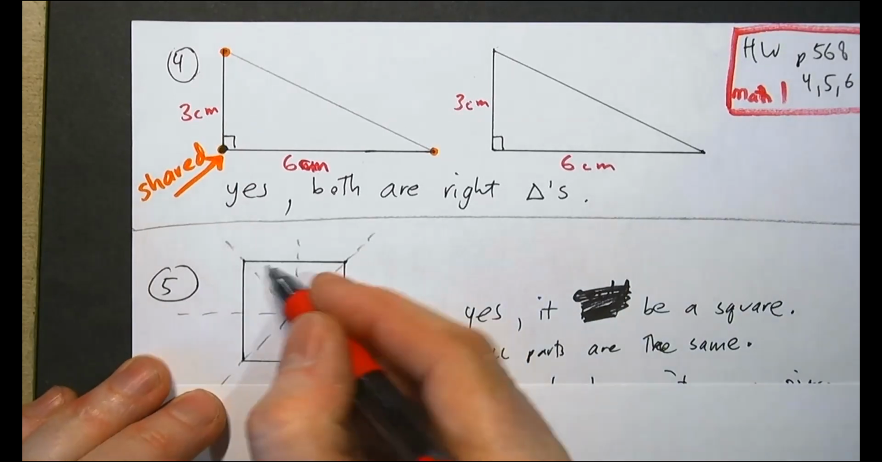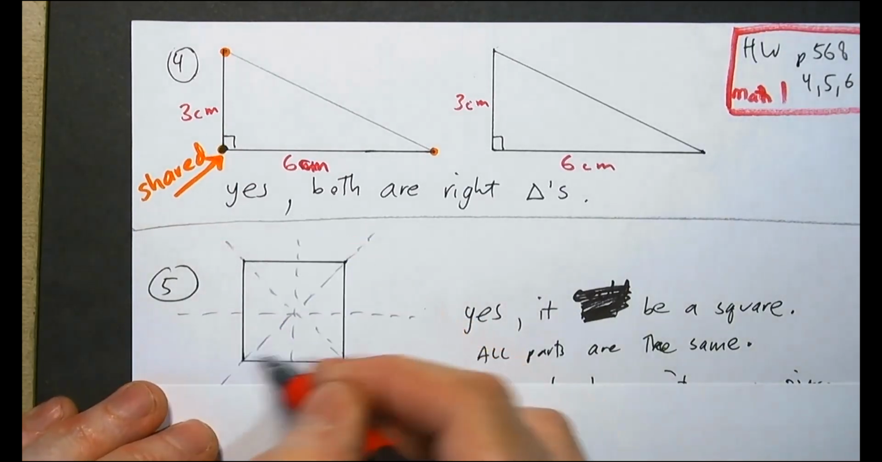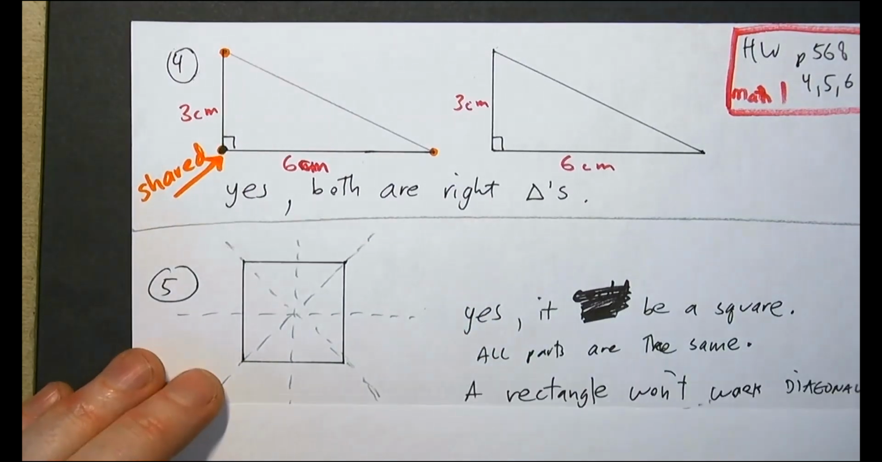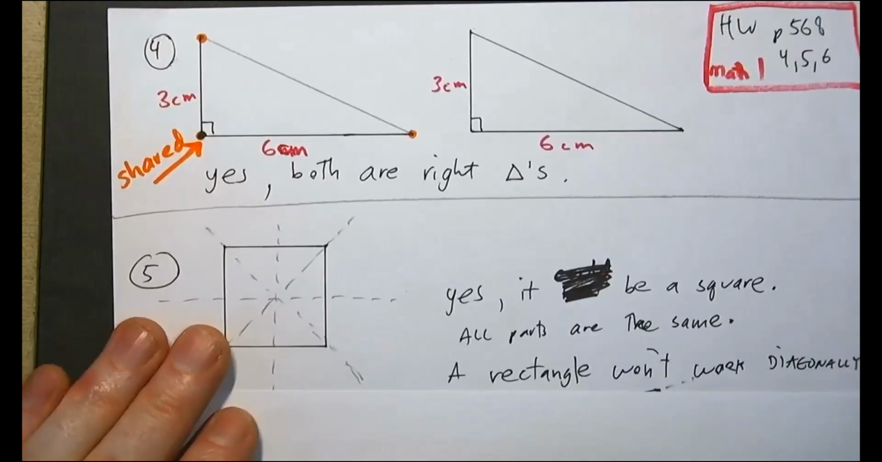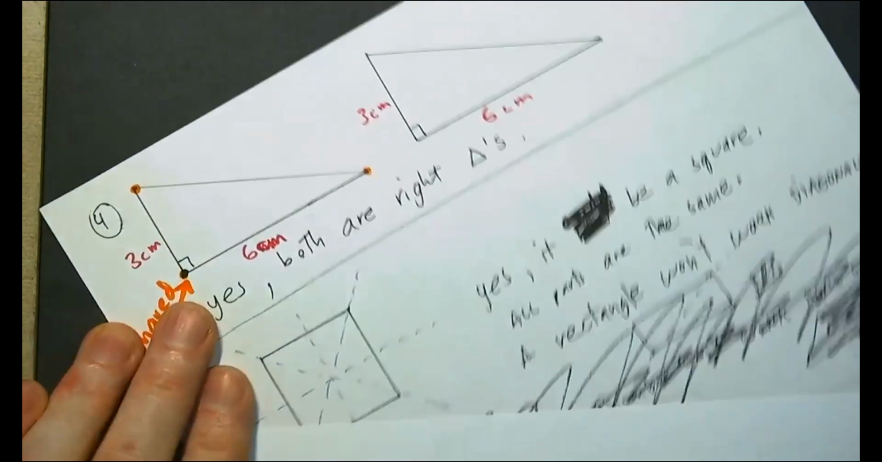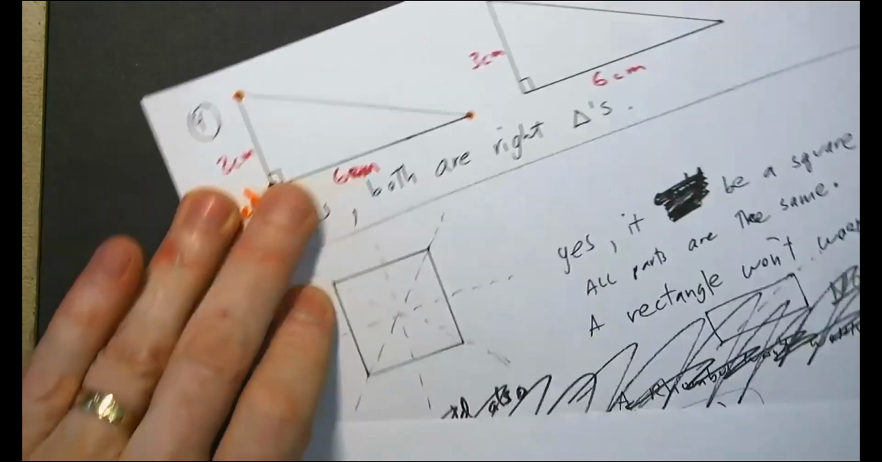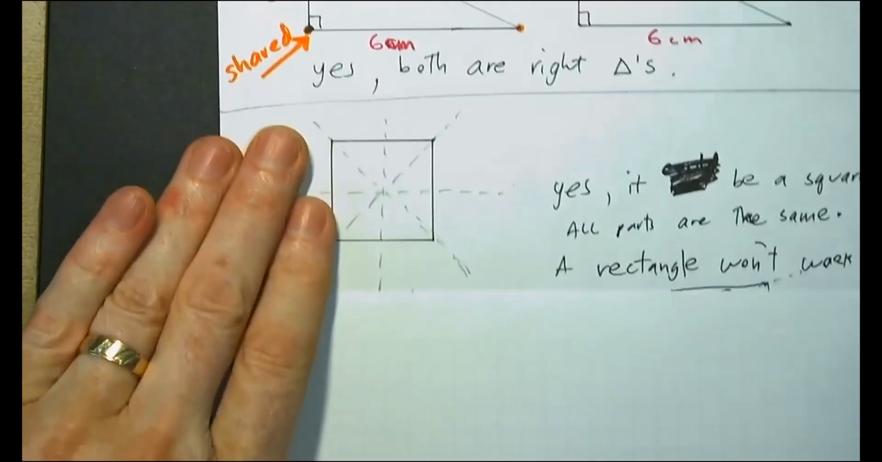Number 5, had to be 4 sides, and it's actually a square. All the parts are the same. You had to be able to fold it horizontally, vertically, and diagonally. All the parts are the same. A rectangle won't work diagonally. It actually has to be a square. If you call it a diamond, it's just a square turned sideways. And the last one,